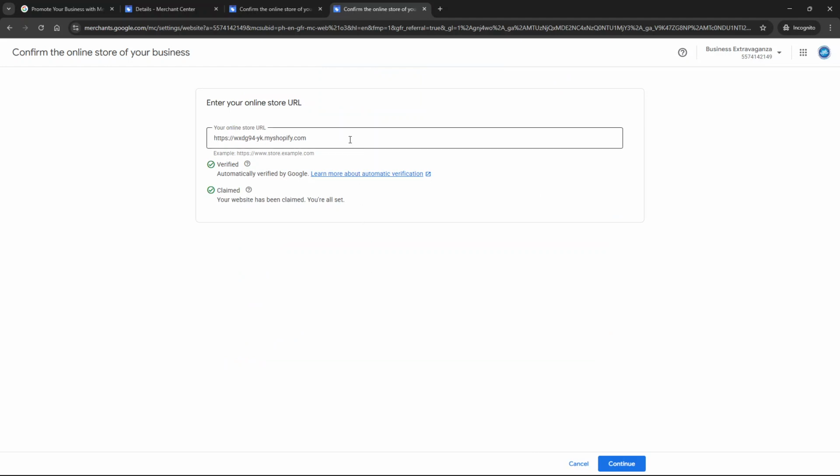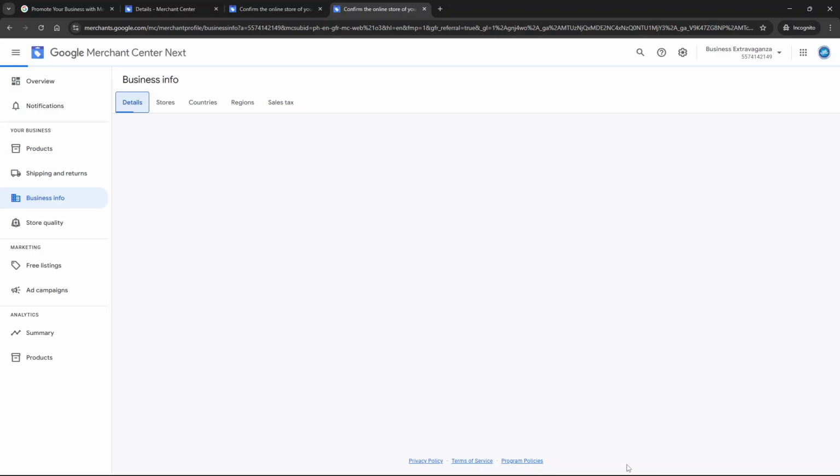Google will then check your website to confirm everything is in order. This may take a short moment, so be patient while Google examines your setup. Once you've gotten through this, and if everything is set up correctly, you'll receive confirmation that your domain has been verified. This verification means your domain is claimed, paving the way for you to begin utilizing the Google Merchant Center